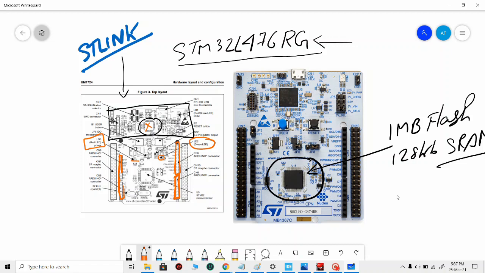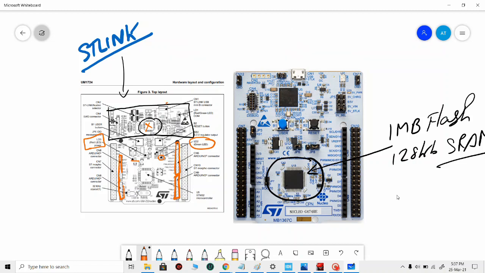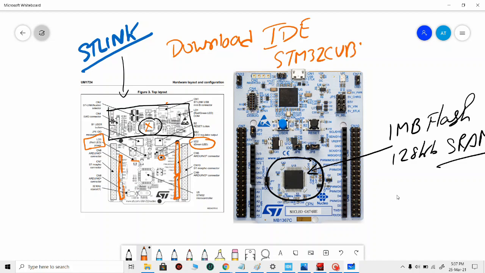Now we will start with downloading the IDE. We will first download the IDE, which is STM32 Cube IDE. For that we will go to the link.